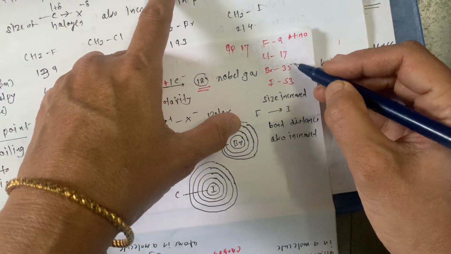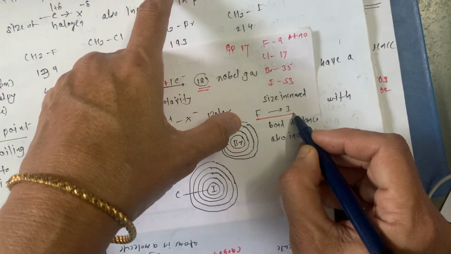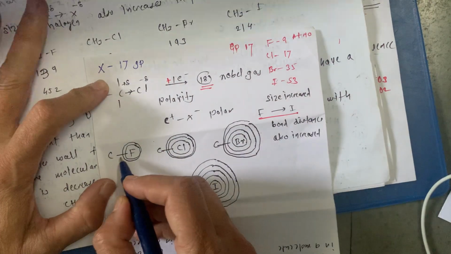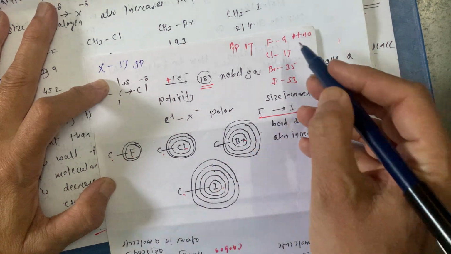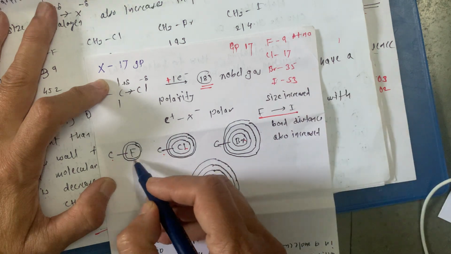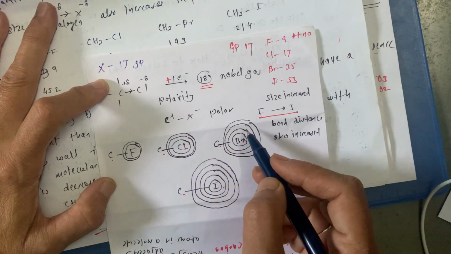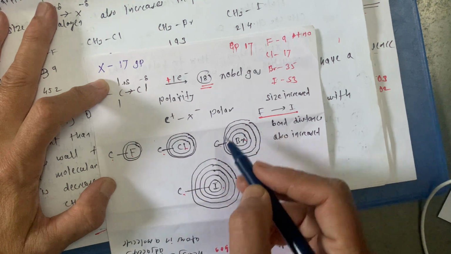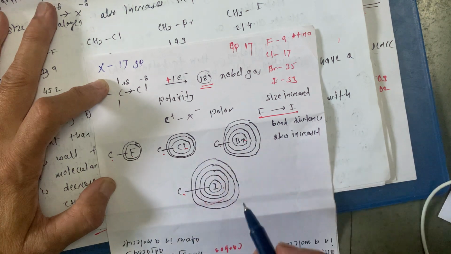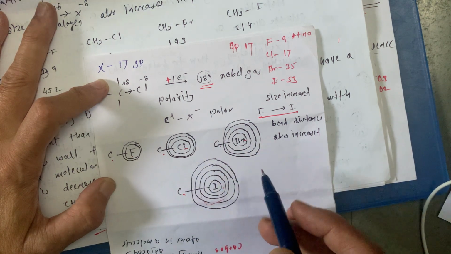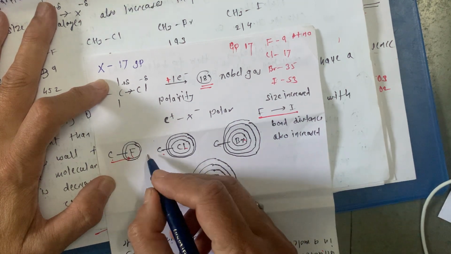As atomic number goes on increasing, size also goes on increasing from fluorine to iodine. See now, here it is a C-F bond, C-Cl bond, C-Br bond, C-I bond. As atomic number increases, these circles, these valence shells, these orbitals keep increasing. Here it is 2, here it is 3, here it is 4, here it is 5, like this. So this bond length here is short, then here it is